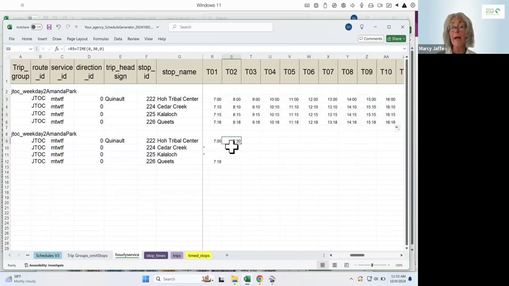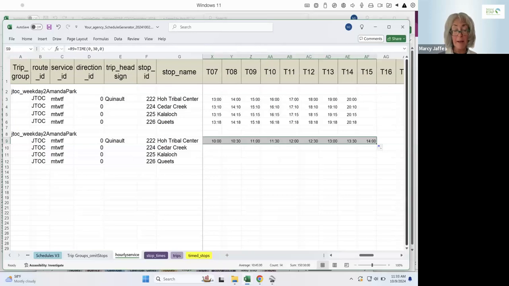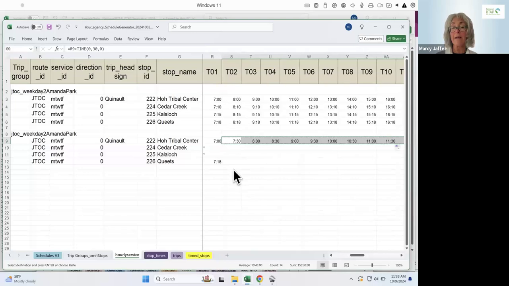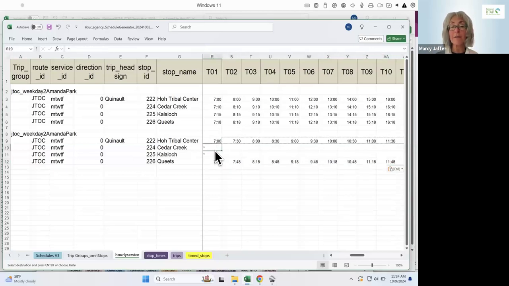And what if it were half hourly? This is a 30-minute interval. I'm just going to pull to the right. And then I might say I'm going to copy that particular series or that data down to this other stop that has a time. If they don't have times, you could use a find and replace all of your blanks